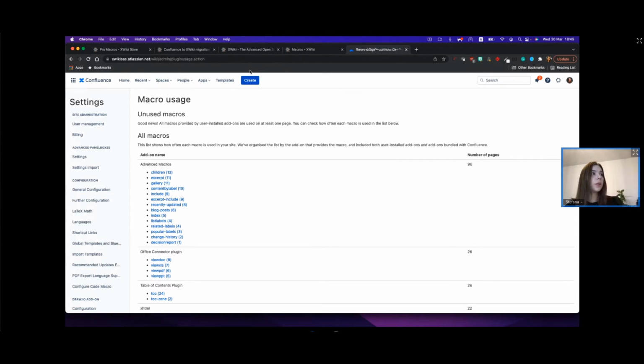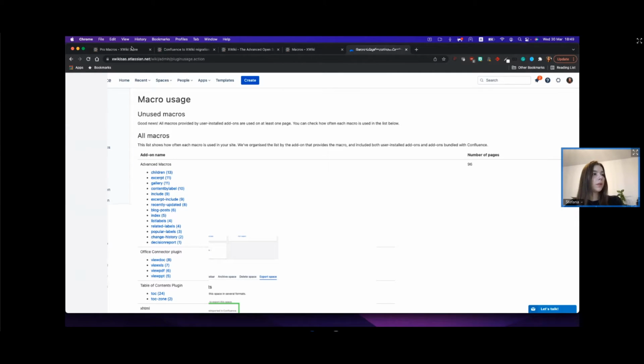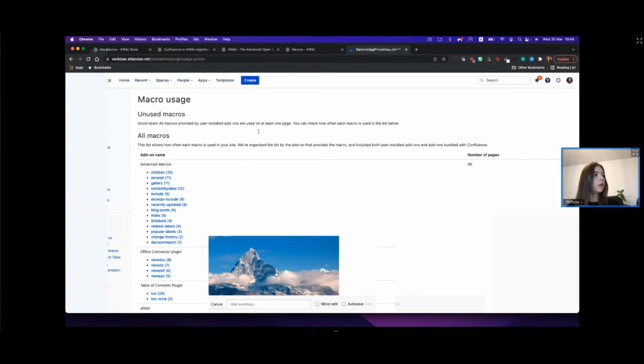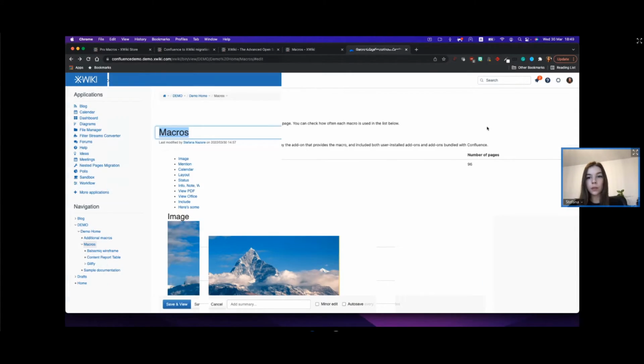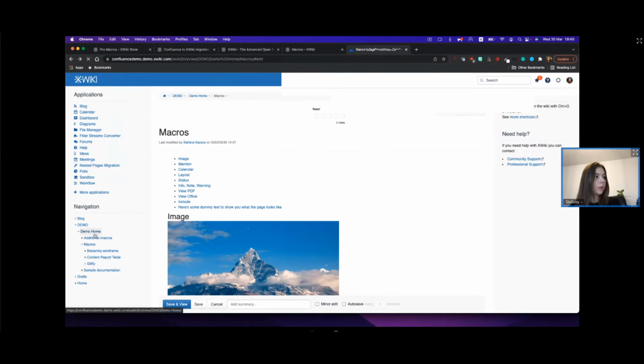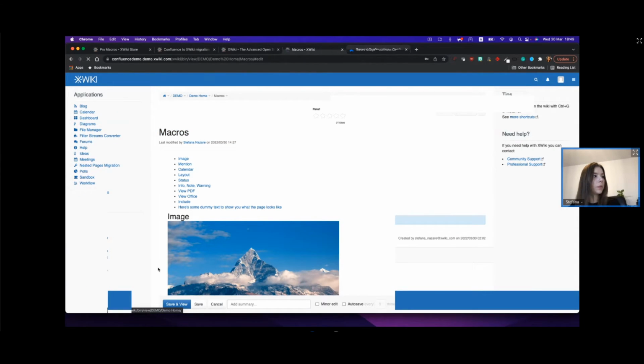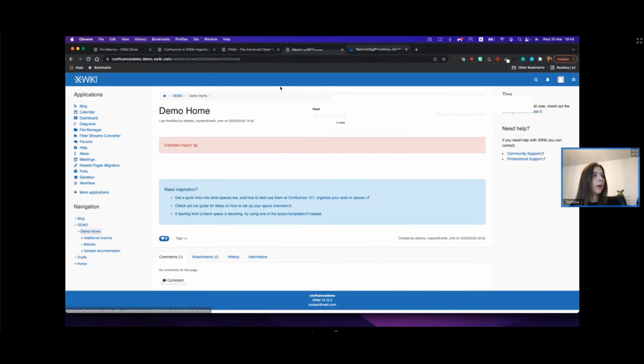However, in XWiki, you can also do that. You can customize the look and feel either at the global level, so on the whole instance, or at the space level. For example, let's say that we want to add a different look and feel on this demo home space because this would be the space dedicated to a certain department. We can do that by,